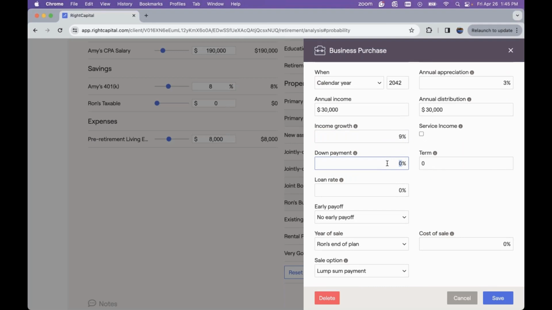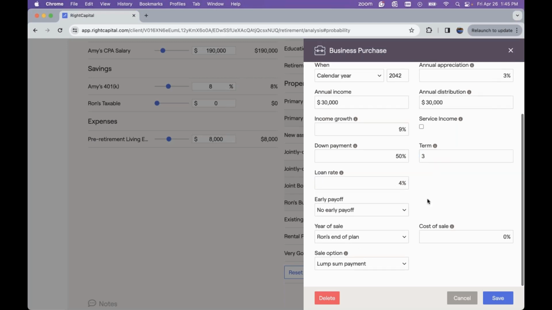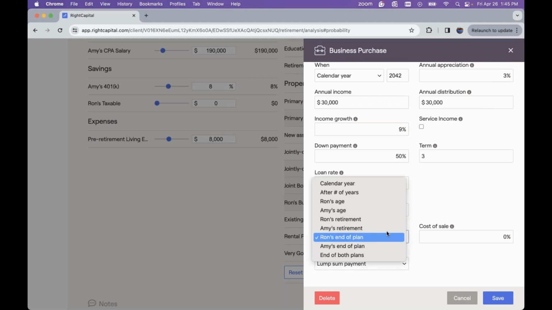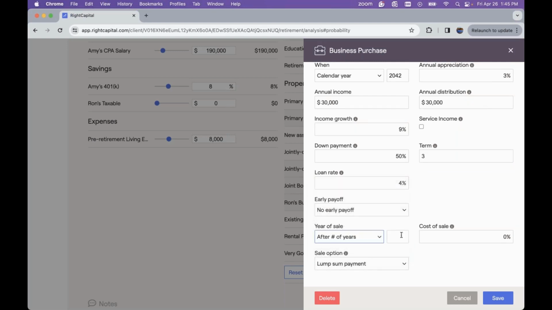And we can also indicate how we're purchasing this asset. Once again, if we're taking out a loan for this, we can indicate that down payment. In this case, it's going to be a little bit more unique. We're going to be assuming 50%. We can indicate that loan term and the interest rate of acquiring this business. We can also indicate the year of sale. So for them, this is going to be a short venture. We can indicate after a number of years, 8 years, and we can also indicate the cost of sale